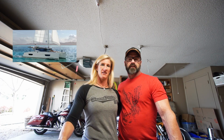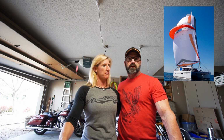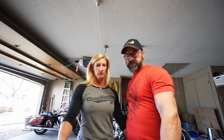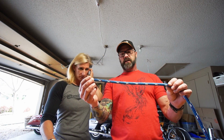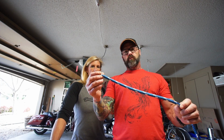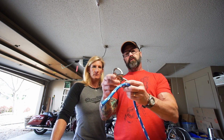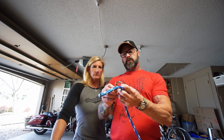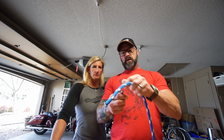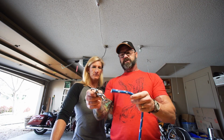So what we did when we bought our Lucia 40, which we're naming Labella V, we also bought a Parasailor, and one of the suggested requirements for the Parasailor is to have a sheet and a guy. So obviously you got 10 millimeter Sta-Set line. This is going to be the guy on one side of the Parasailor, and then we have a Wichard snap shackle with a large bail on it. So this will actually connect to the foot of the Parasailor, and then it'll have a sheet and a guy